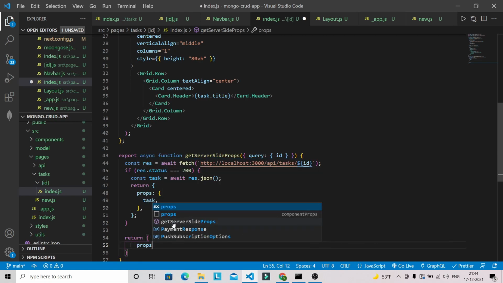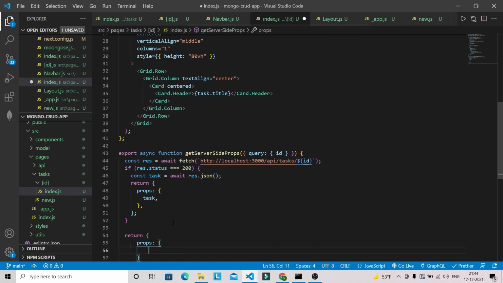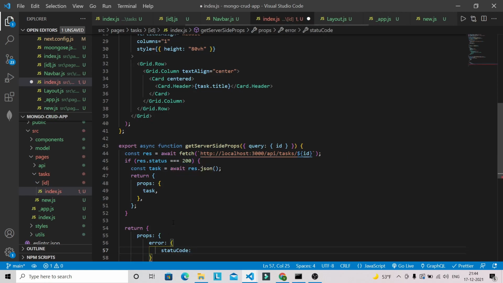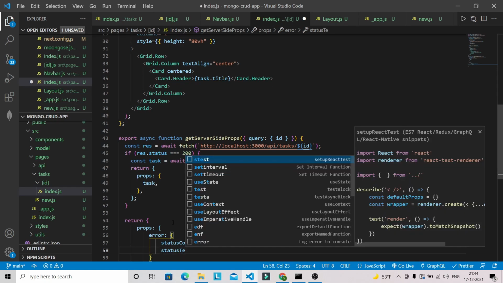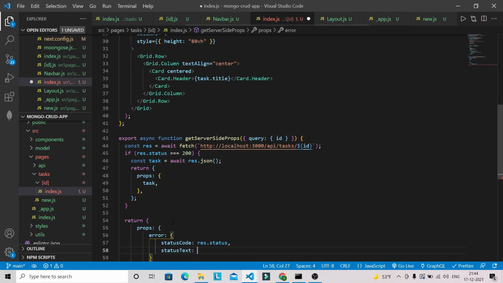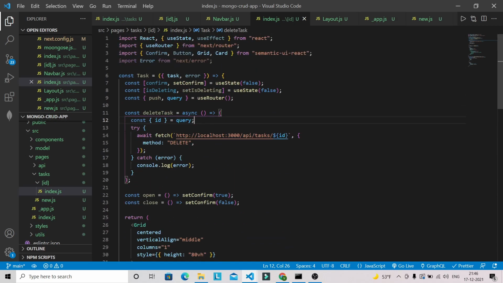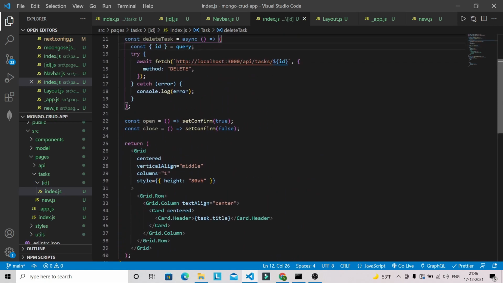So props, and inside this we are going to define an error property with the status code and response.statusText, that will be like invalid ID. So from this getServerSideProps, we have a task and error which we are passing to this functional component. It's receiving task and error from getServerSideProps.